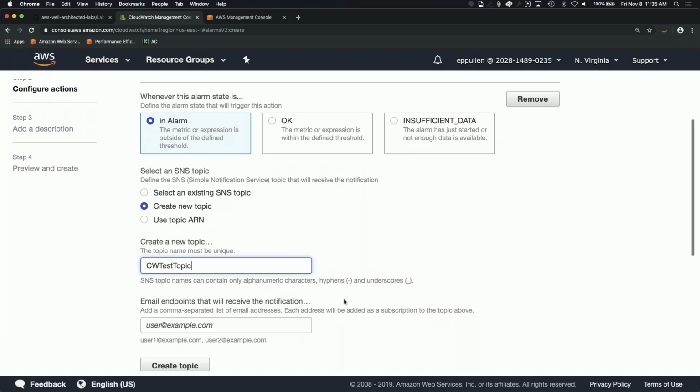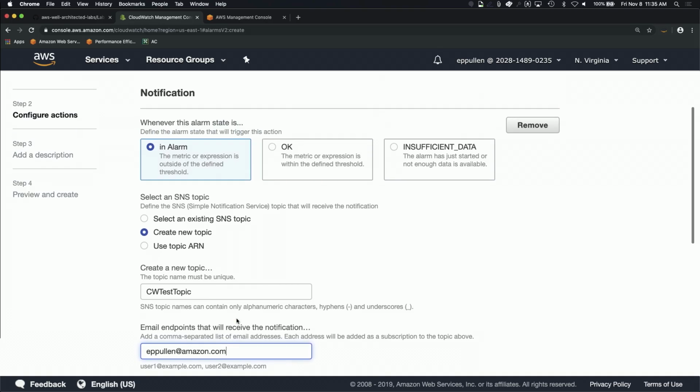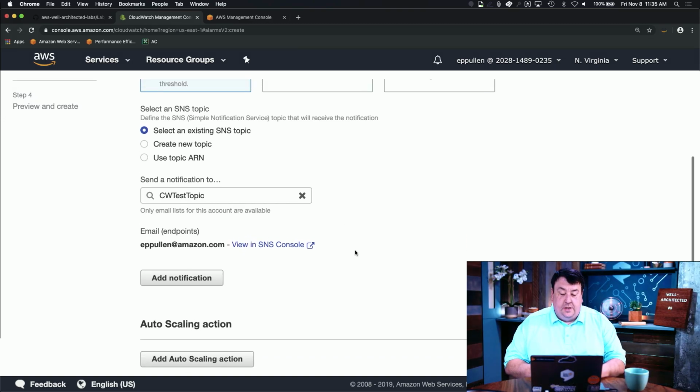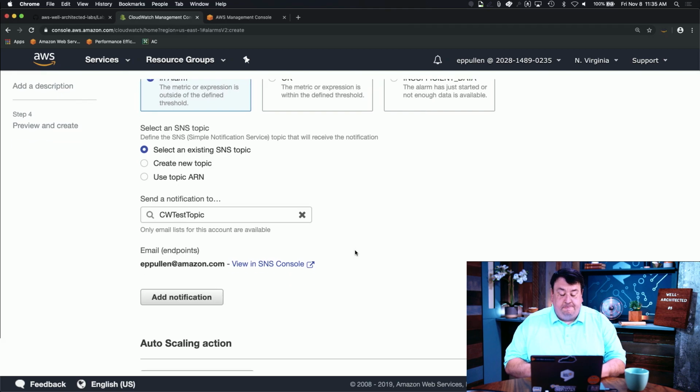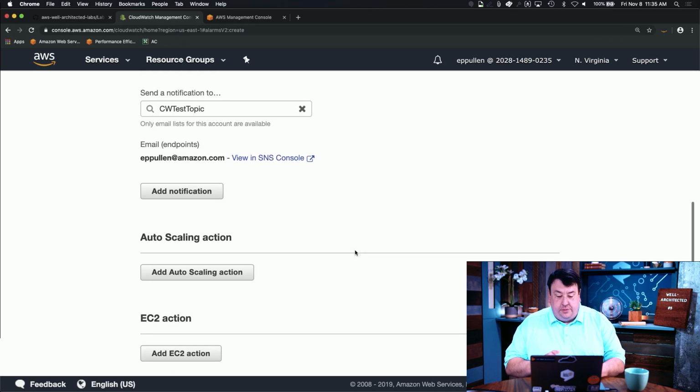We'll just create that. I will put in my email address, and we will create that topic now. What that did is it created a new topic in SNS, and it's going to utilize that topic as I need to receive emails from it. I'll have to subscribe to that topic in a minute, and I will do that here in just a second,